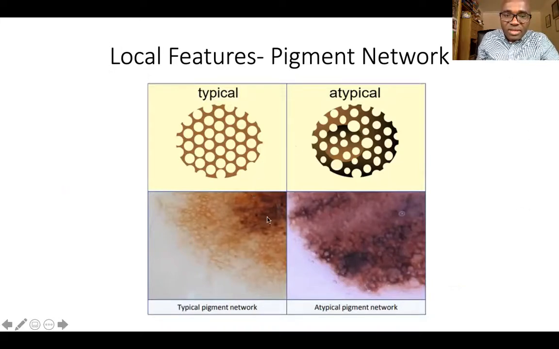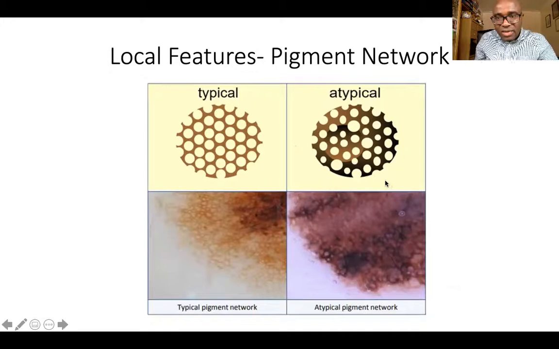This is the typical network on the peripheries. This is a local feature because you're looking at the periphery of this melanocytic lesion. And it's probably a compound nevus, because it's got a reticular surface, and it might have more globules